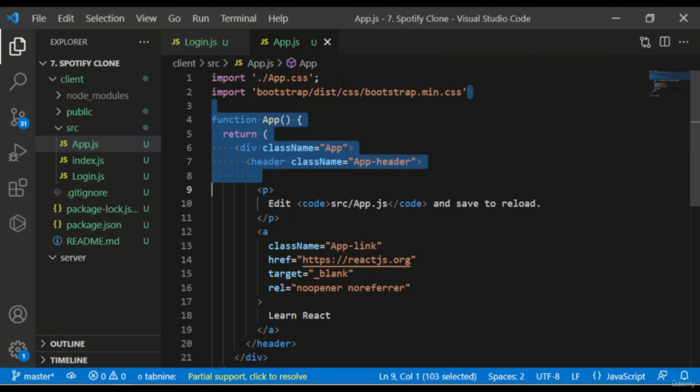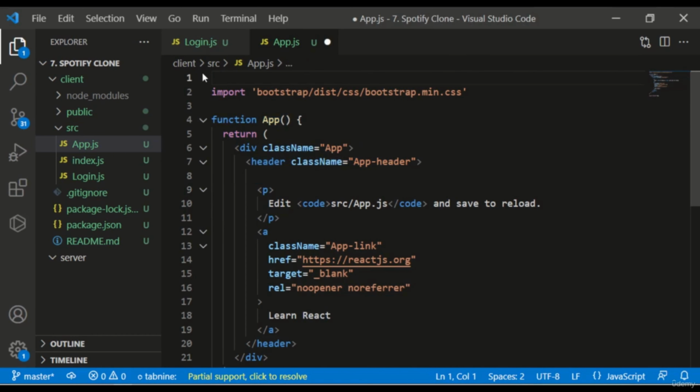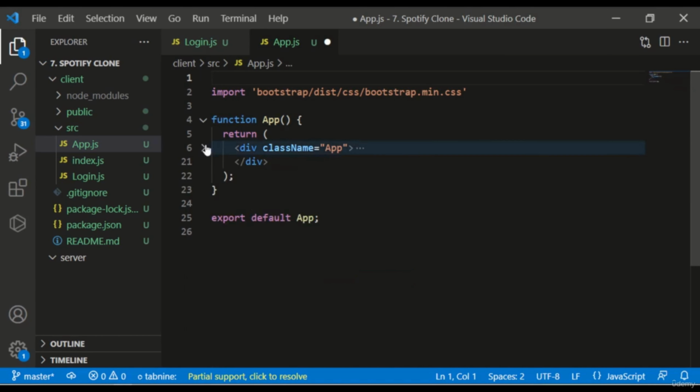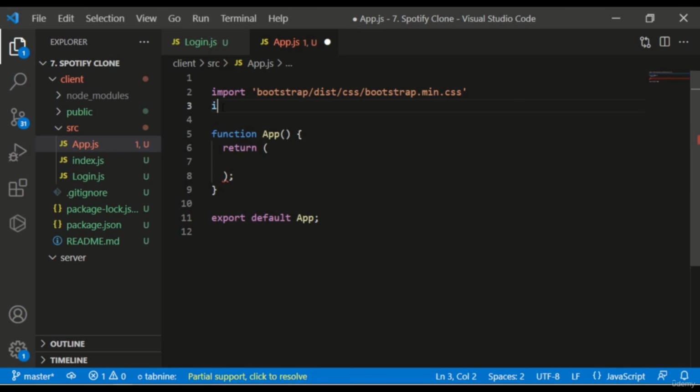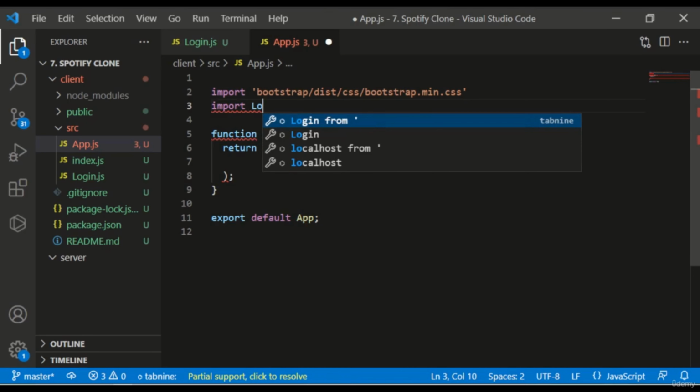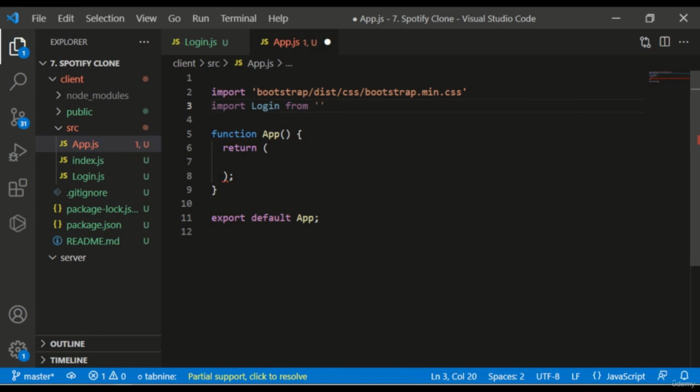Okay, the app.css, we will not need that. And then what I will do, I will just remove all the things inside this return statement, and what I have to return is the login component obviously. So I will import the login component. How can we import? I can simply use Tabnine and press enter, so it will just import the login component from